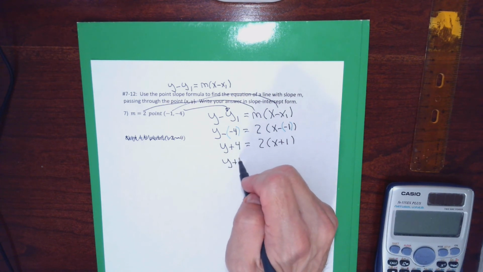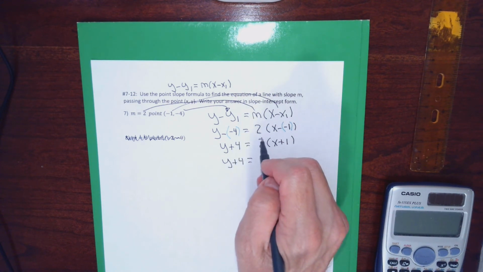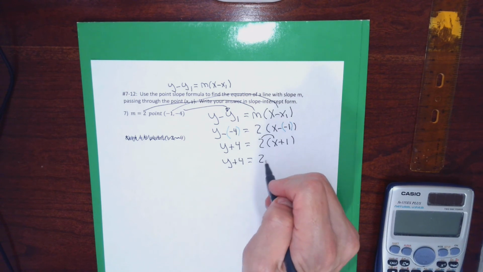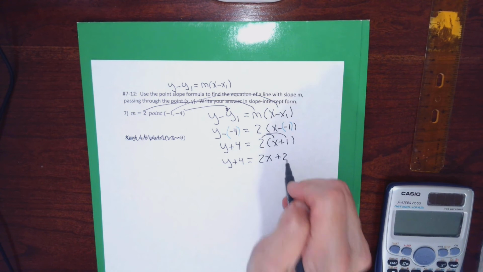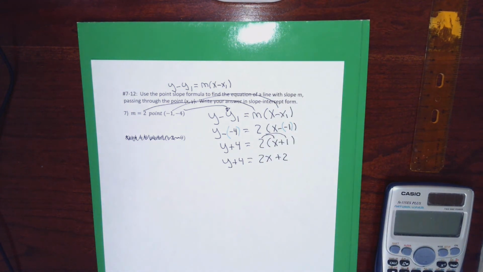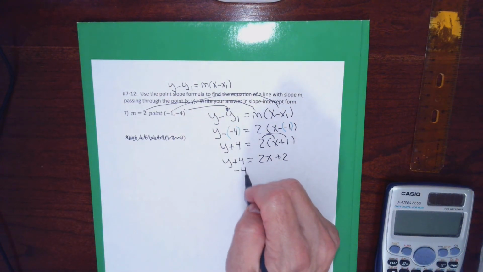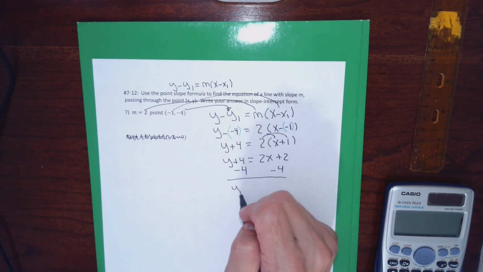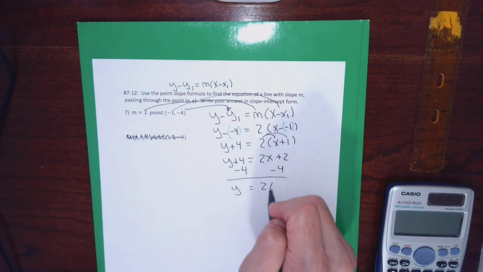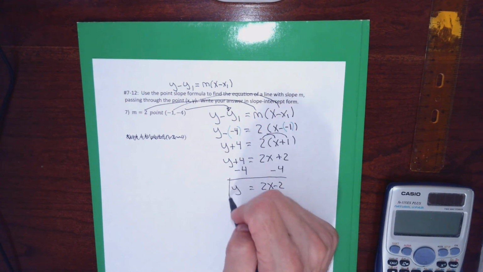I'm going to clear the parentheses on the right-hand side. I'm going to go 2 times x is 2x, and 2 times 4 is 8. I'm almost done. The nice thing about using the point slope formula is the algebra gives you the answer, unlike using the slope-intercept formula where the algebra gives you numbers that need to be plugged into the answer. I claim this is my answer,